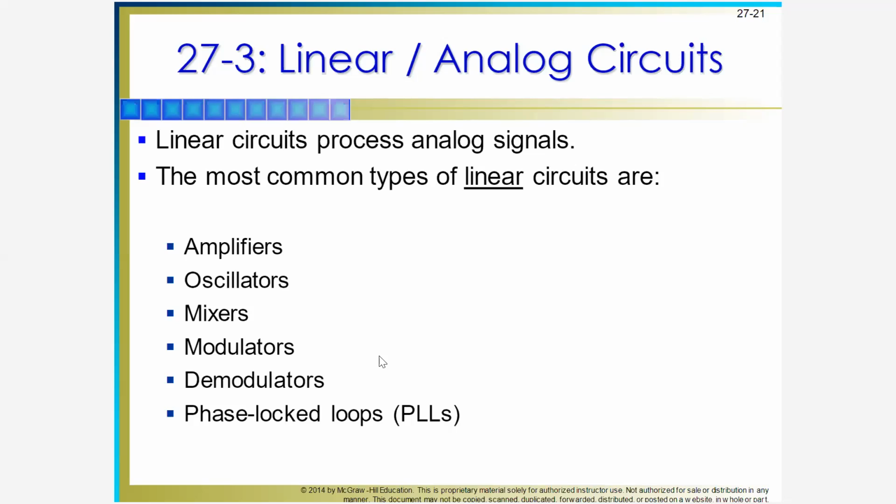Next, oscillator, oscilloscope. It measures what? Voltage or current. Then the form will be what? Since it is linear or analog, it is in the form of a sine wave. Then we have mixer, modulator. The modulator is used in a transmitter. Before transmitting a signal, it will be modulated or changed from one form to another. Then it will be transmitted through the BTS, base transceiver station.